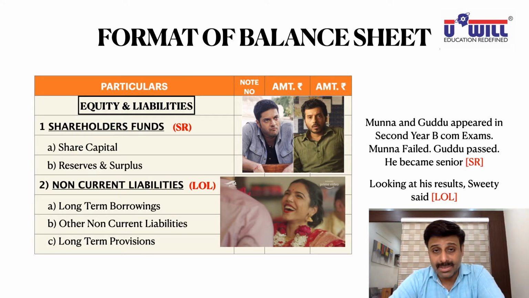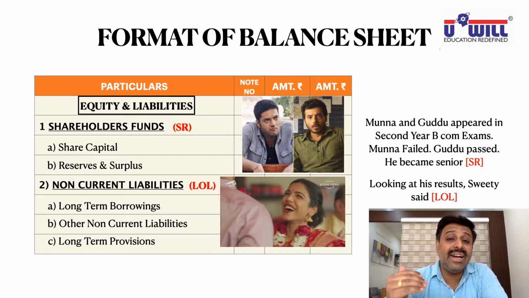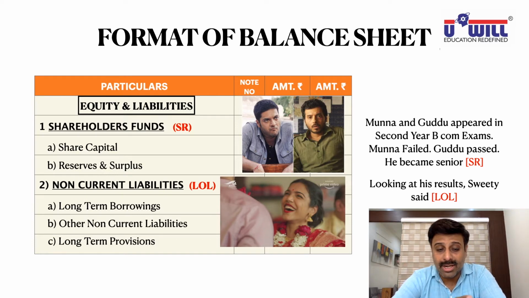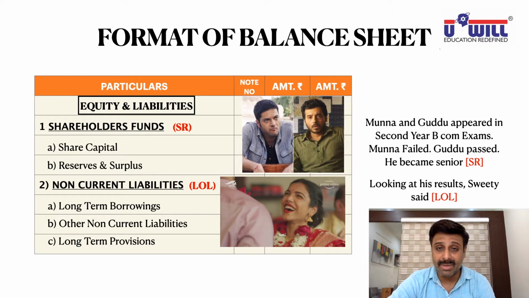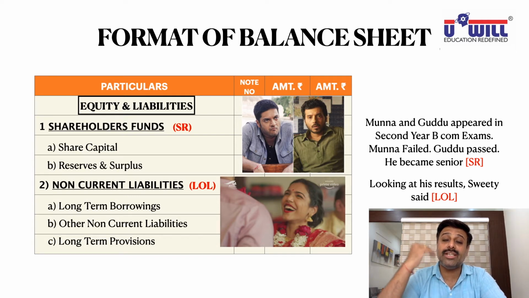Okay. For example, premium on redemption of debentures. Write down in other non-current liabilities in bracket: premium on redemption of debentures. We studied debentures chapter in the last semester. We already know from beginning that premium is to be paid when the debentures are redeemed at premium. So what is that premium on redemption of debentures? Other non-current liability. It cannot come in long-term borrowing. We have not borrowed the money. We have borrowed 100 rupees only, but this money is to be paid in addition when we redeem the debentures. Okay. So in other non-current liabilities, you can write the example in bracket: premium on redemption of debentures.